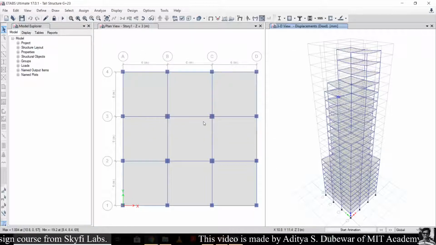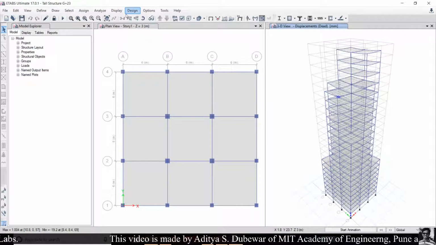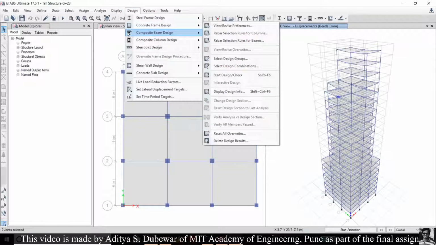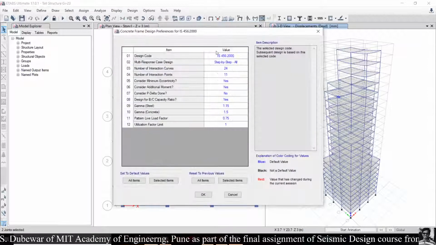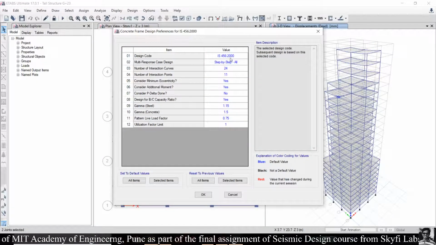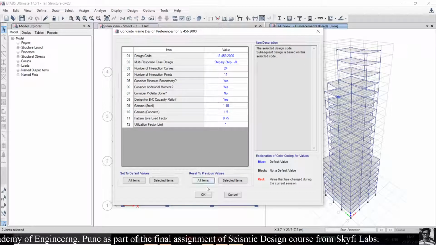Okay. Now our model is ready to design. So for designing, select the design tab. For concrete frame design, select the concrete frame design. Then set the preferences as IS 456 2000 for the design code, and then click OK.